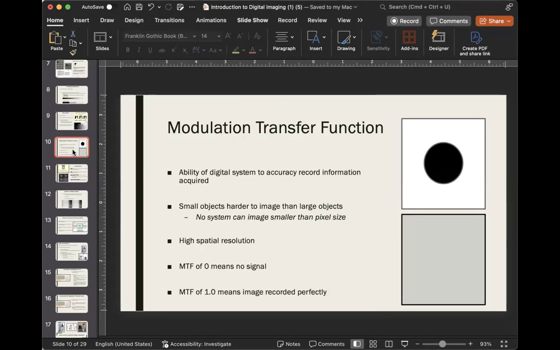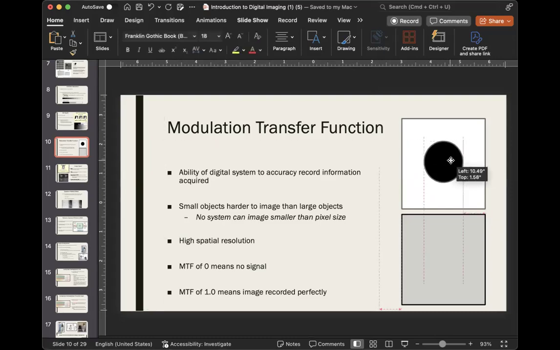Modulation transfer function. It's the ability of digital systems to acquire and record information accurately. Now, smaller objects are harder to image than large objects. And so the reason, and remember, we go back to the pixel size being a limiting factor, is say